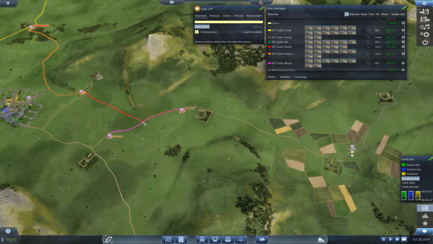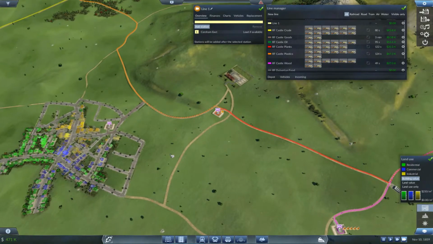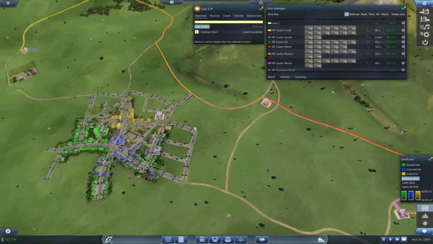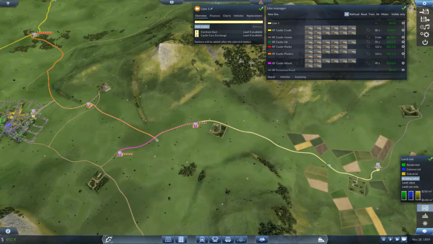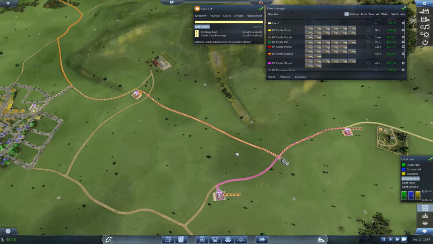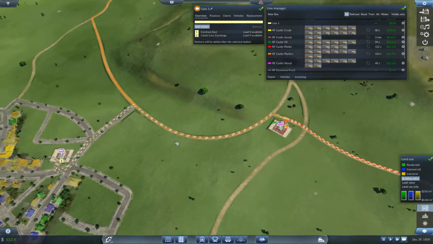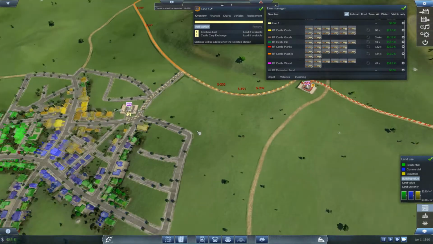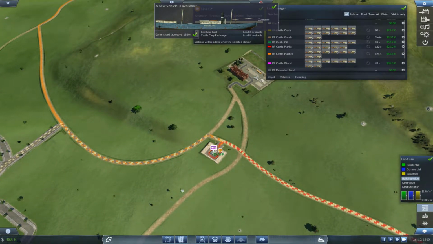So let's go ahead, we're going to take our farm stop and move it all the way into town. Now this is going to be a very long route, so we're going to need quite a few wagons on it. Yeah, I think we're going to leave it like that. What we could also do, which may be a better idea, is use our goods factory station as a...